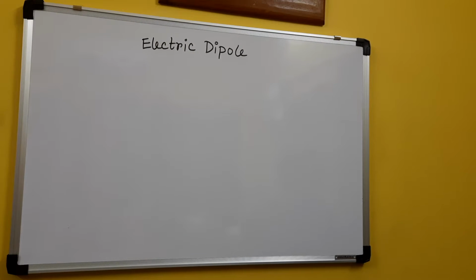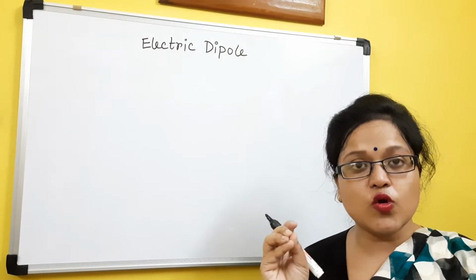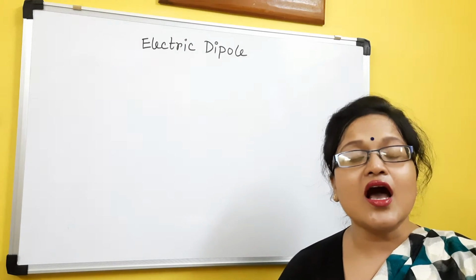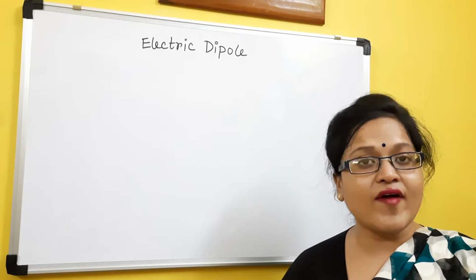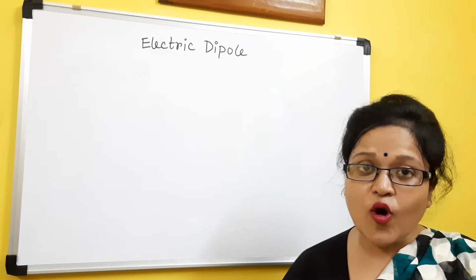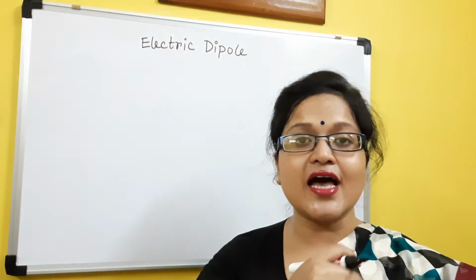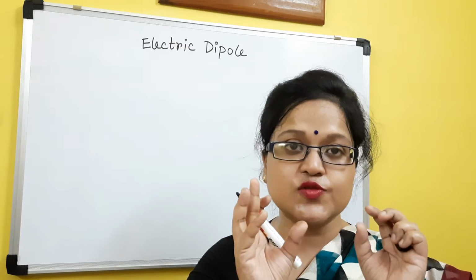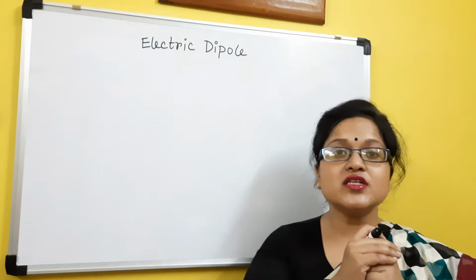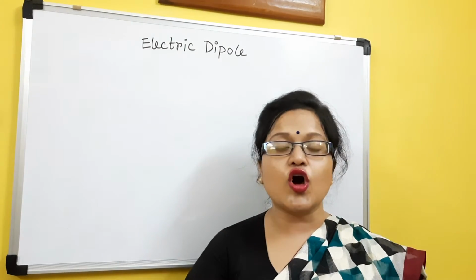We can see that, suppose, HCl is made up of what? Hydrogen and chlorine. Between hydrogen and chlorine in HCl we have an electrovalent bond. In H2O we have covalent bonding. So for this kind of bonding there is a pole structure, one side completely positively charged, another side completely negatively charged. From outside, since it is uncharged, it behaves as uncharged matter, same amount of positive charge, same amount of negative charge. So this kind of arrangement is called a dipole.